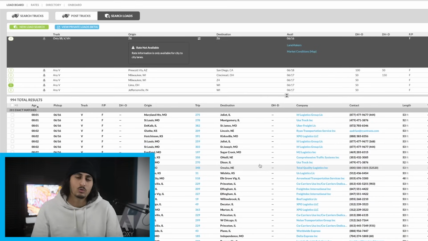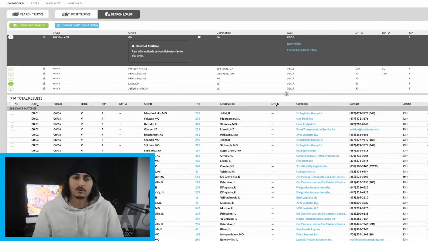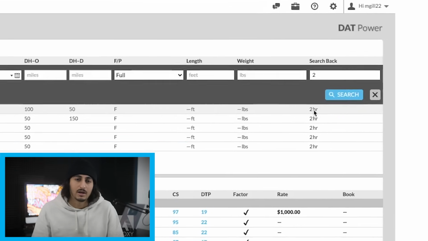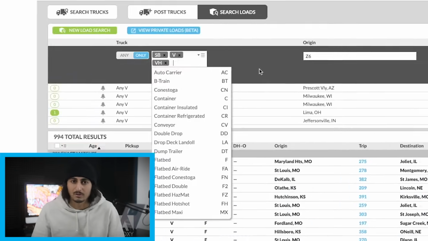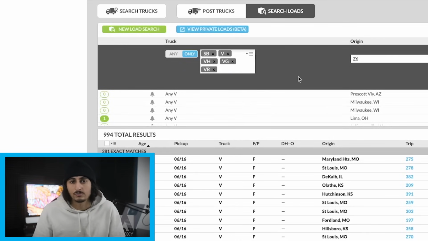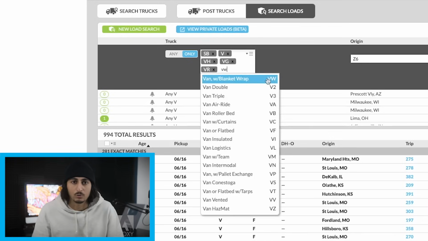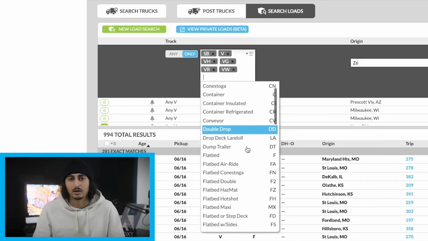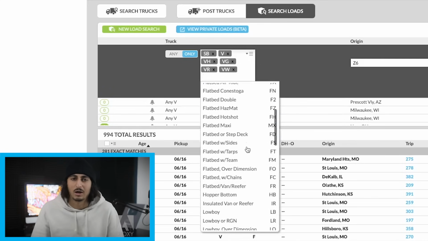If for some reason you can't find any loads that fit the requirements that you're looking for, just go back into the filters section by clicking edit and include some more equipment types such as VG, or a van with a liftgate, VR, which is just a van or reefer, and VW, which is a van with a blanket wrap. Also, feel free to look through the list of options here and include any that match the equipment